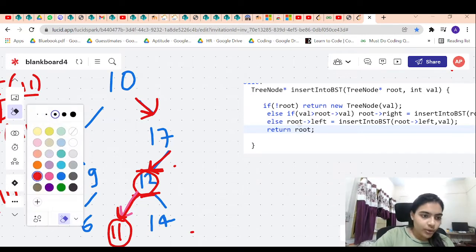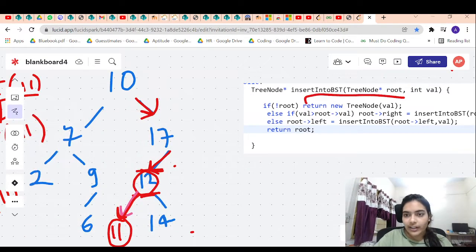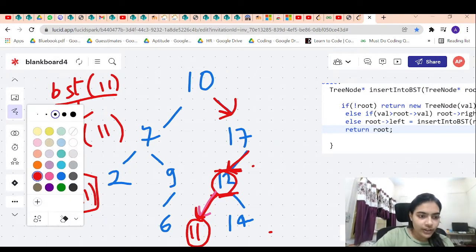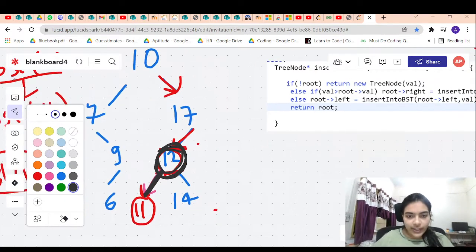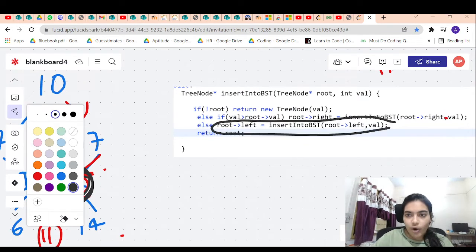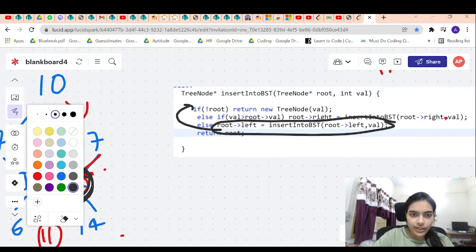When we are returning the node, what is happening? First we are creating a new node and we are returning it. Once we are returning, where will it go? It will go back to this function call, right? We had called the function. It had been called from here. It will go back to this function call where this root had called its left function, right? From this part of the code, we had called this function and this line was executed. It will return back to this part of the code again.